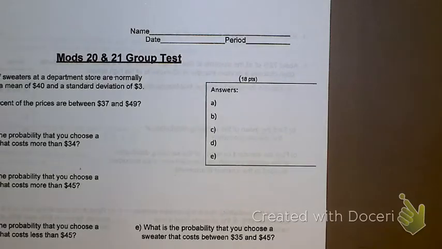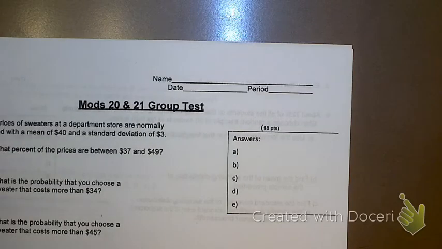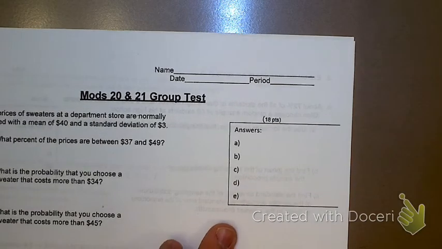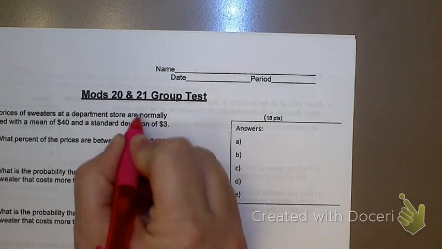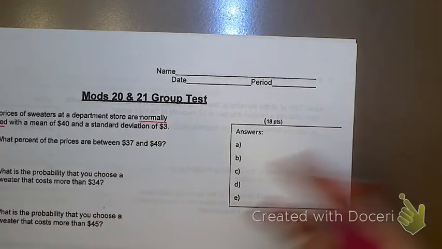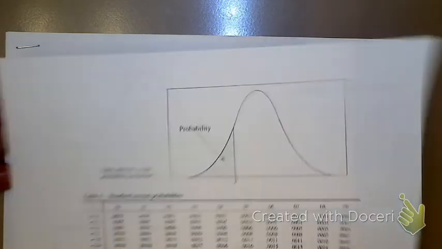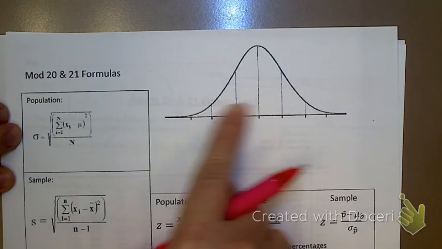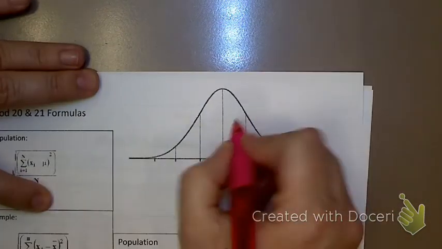So here we go with the mods 20 and 21 group test. Let's jump right into it. The prices of sweaters at a department store are normally distributed with a mean of $40 and a standard deviation of $3. That means if it's normally distributed, if I look at my notes page, it's going to follow this pattern. And from before, we should know that this is 34%,